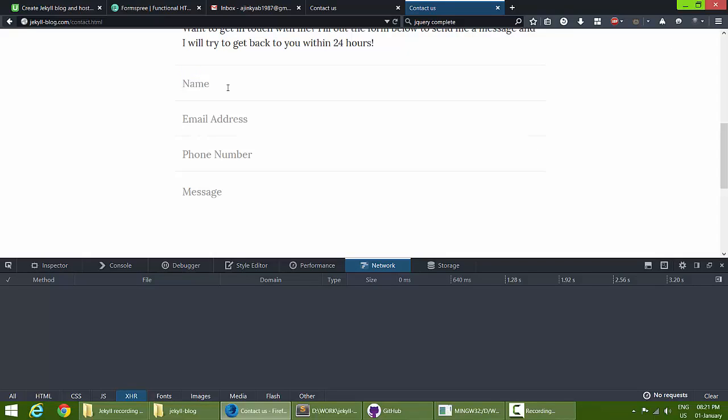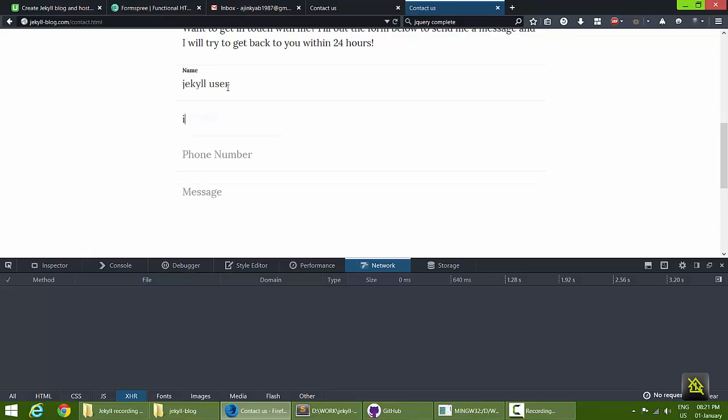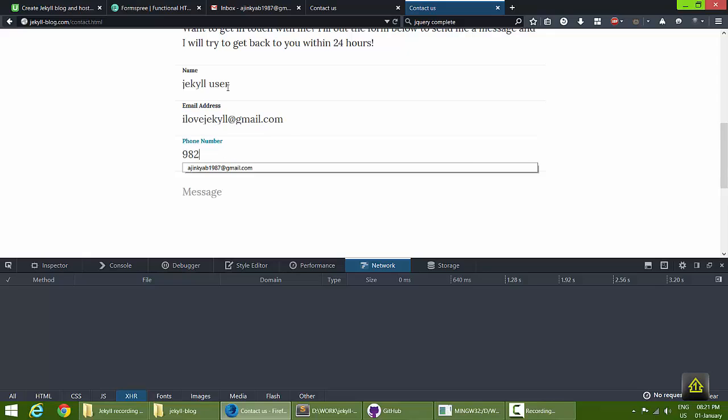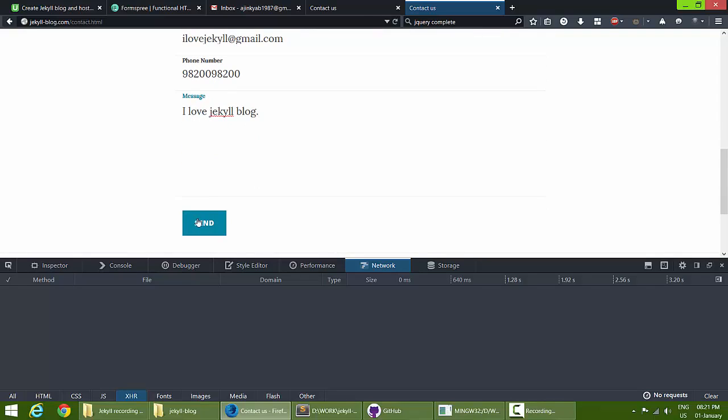I'll fill in someone's name like Jekyll user, then fill in the email address, and some phone number, and message, Jekyll blog. Alright, let's hit the submit button and let's check what happens.